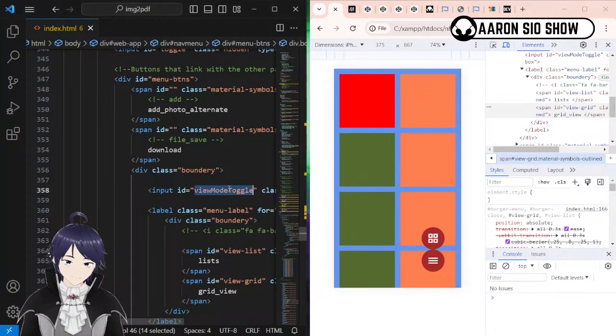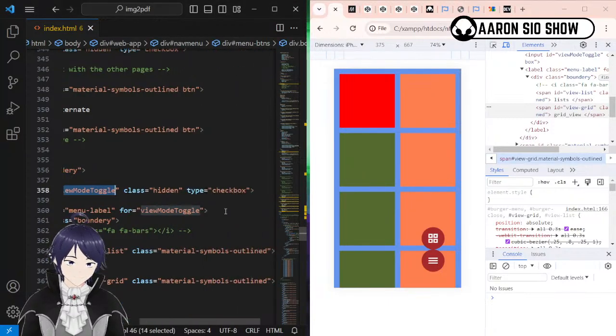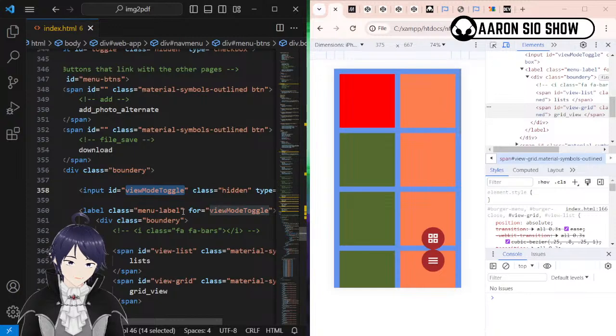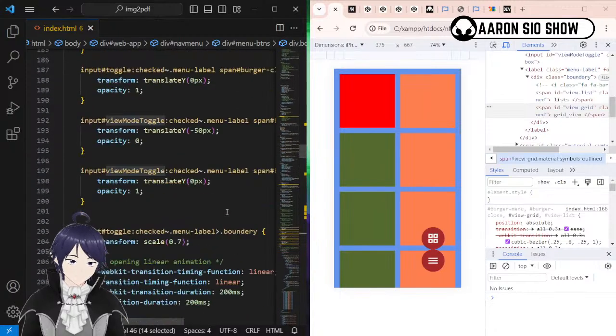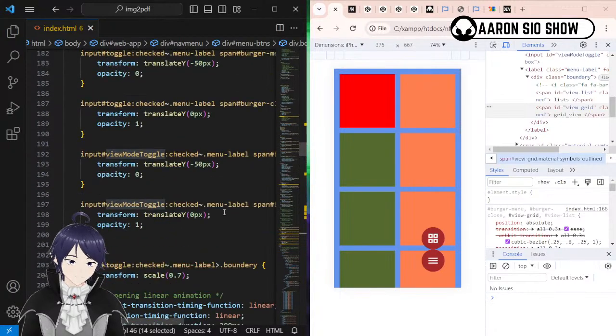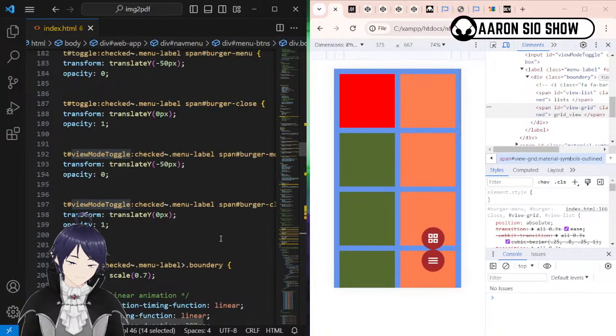View mode toggle. So inside view mode toggle there is a menu label, class boundary. So the input, if it's checked and has